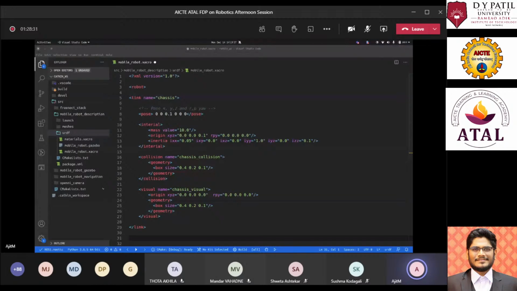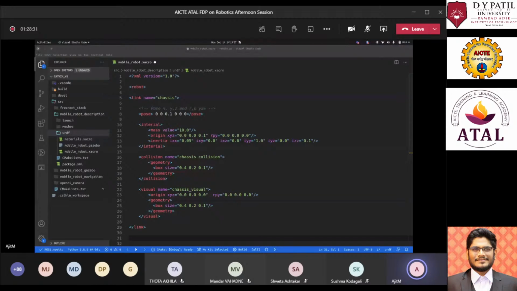There is a question by Pratham: why have we defined the box twice? There are two things for which we have defined a box. The first one is the collision, and the second one is the visual aspect of the link. Collision will have a box shape, and the visual will also have a box shape.